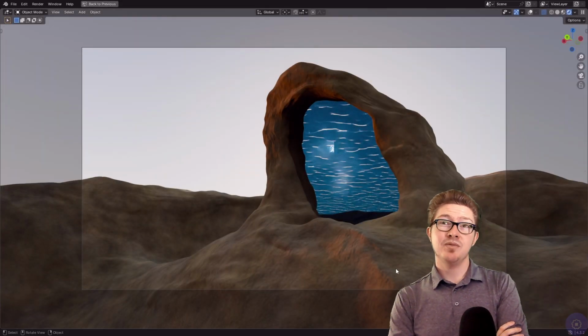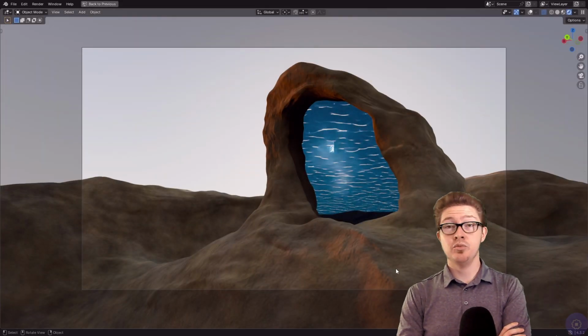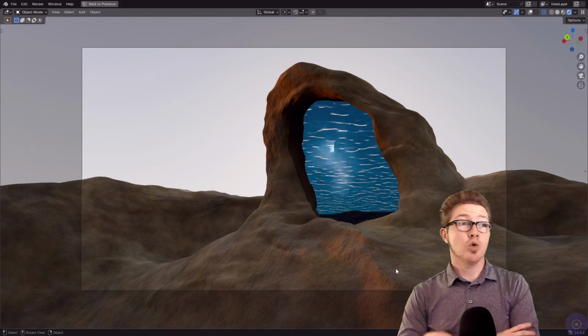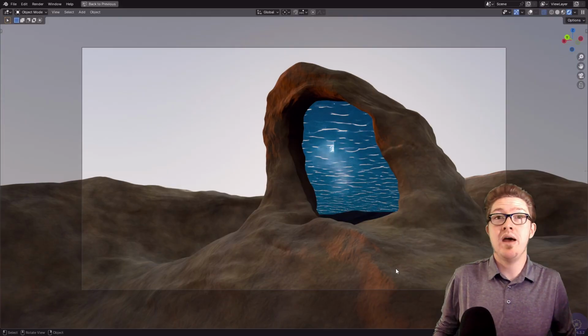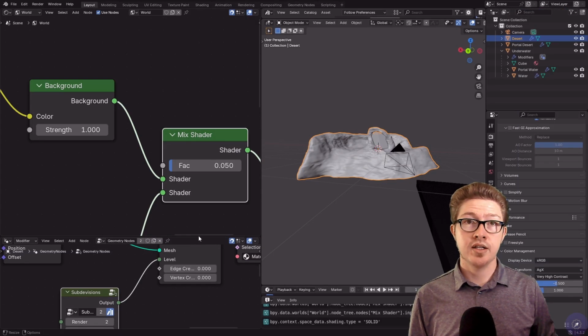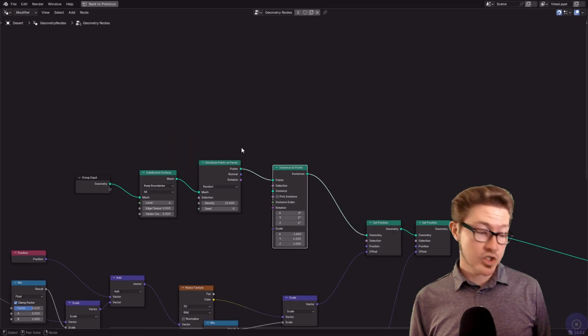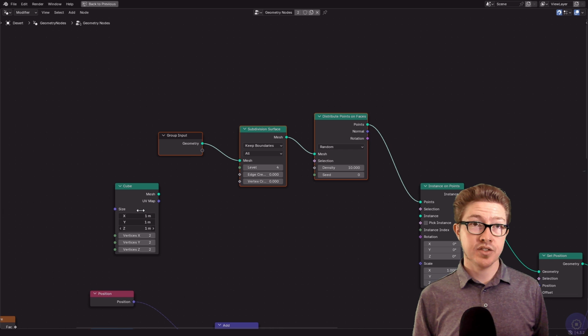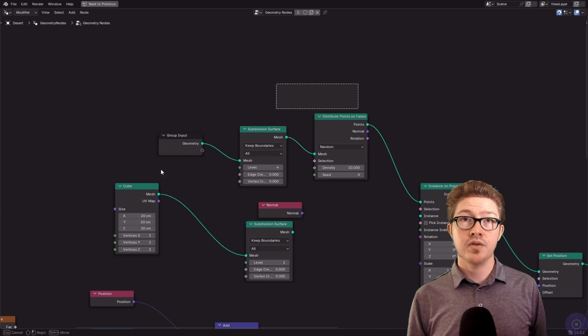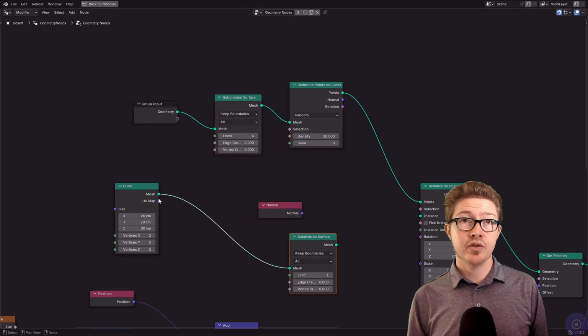I might add some nice details to this. It would be cool to add some grass or rocks or pebbles. Pebbles, you know what? We can do pebbles. So let me go into my geometry nodes and let's add Points on Faces, Instance on Points, and then let's just do a cube. Set the base size to something like 0.2. I want to make sure that these rocks are only on the top,